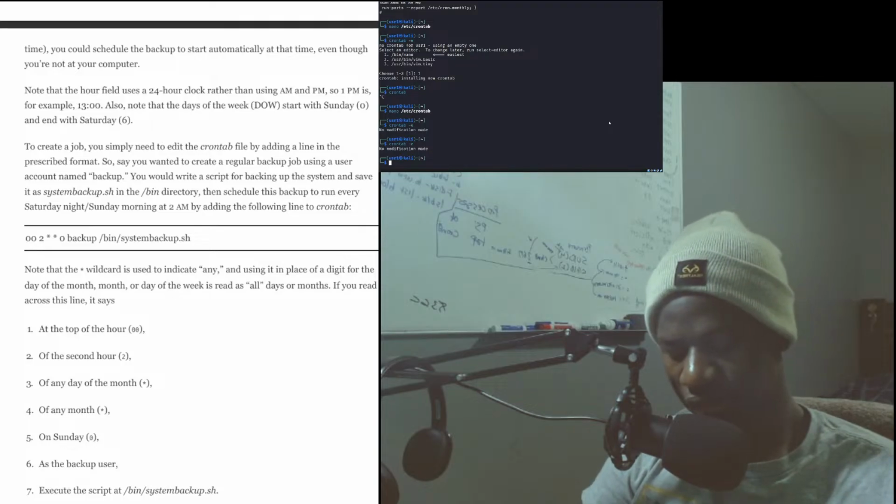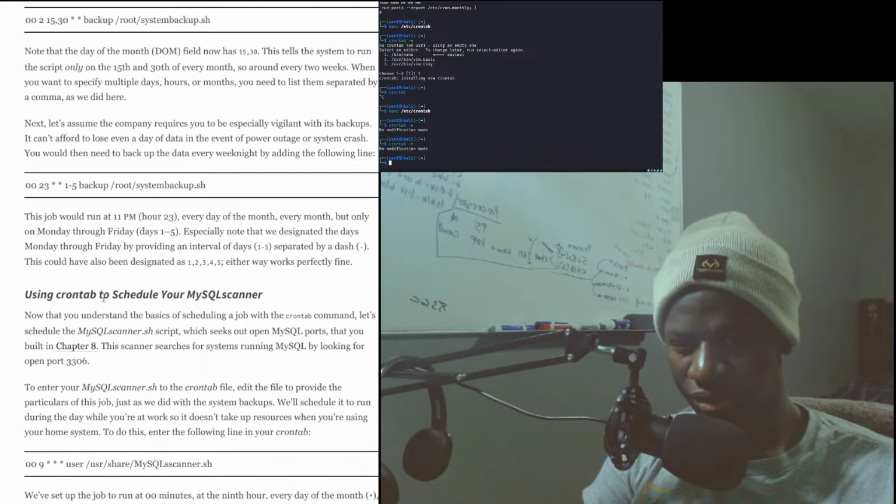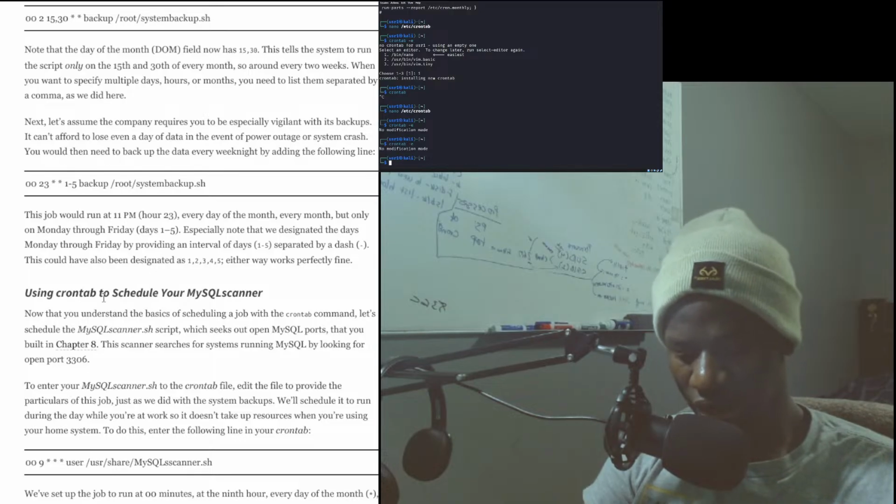Note that the day of the month DOM field now has 15,30. This tells the system to run the script only on the 15th and 30th of every month, so around every 2 weeks.